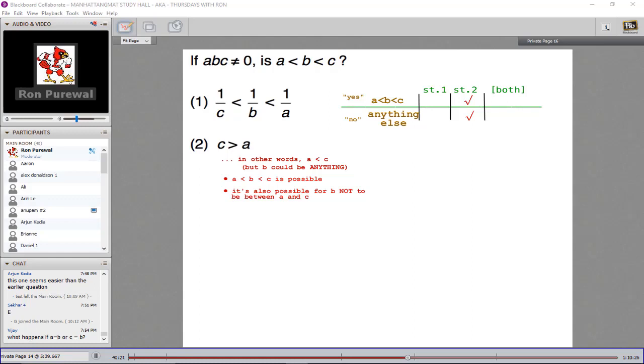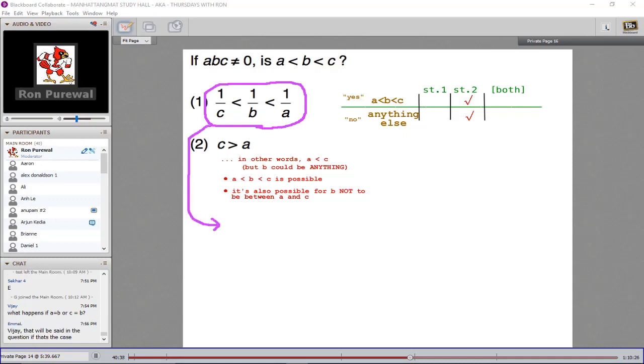Okay, statement 1. Let's take a look. What does this mean? You need to be careful with the way that you handle this. It might remind you of what we discovered in the other problem, but